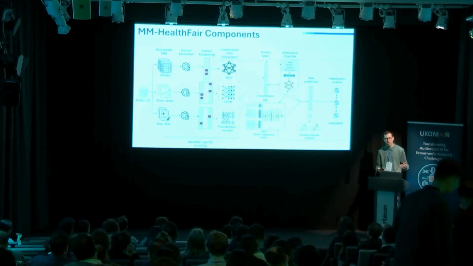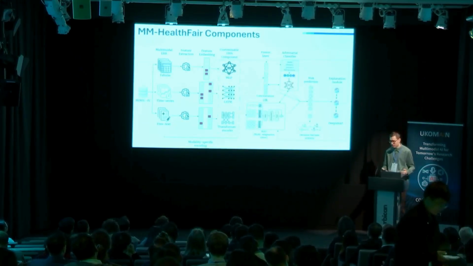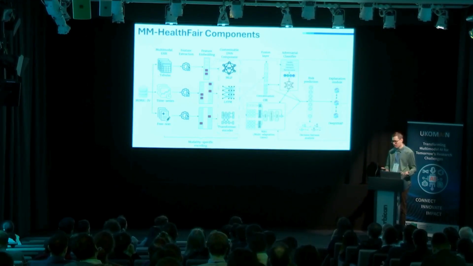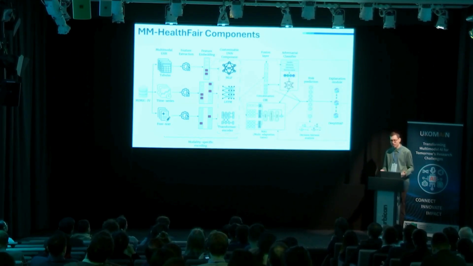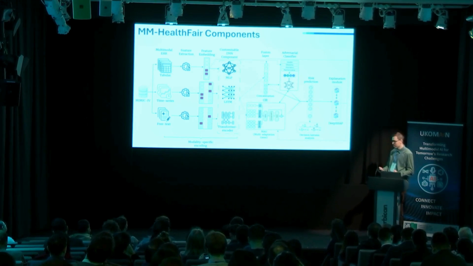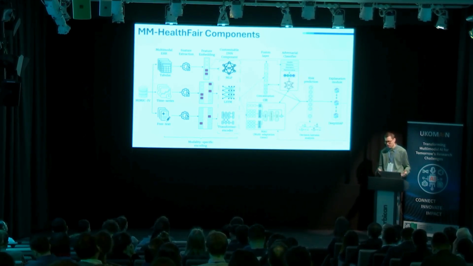And this is where the main rationale behind this MM-HealthFair framework comes in, which is designed to be an open source toolkit for investigating healthcare biases through measures of group fairness, especially when it comes to risk classification tasks. So for this purpose, we're using the MIMIC-IV database, which is an open collection of routine data from American hospitals, and it's suitable for deep learning multimodal pipelines for predicting patient outcomes.